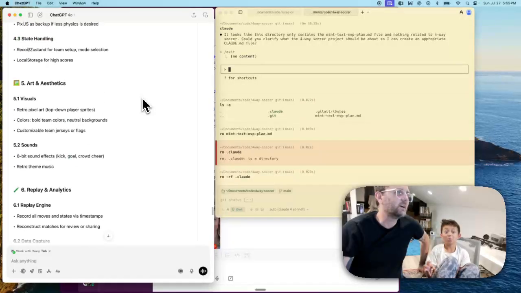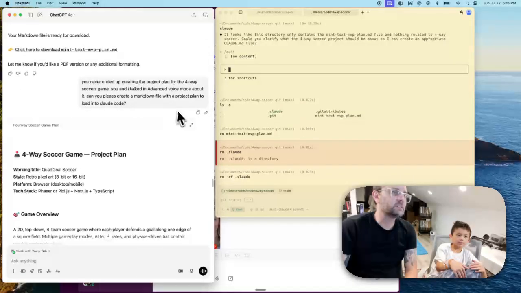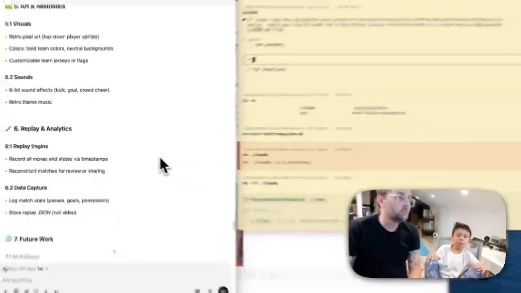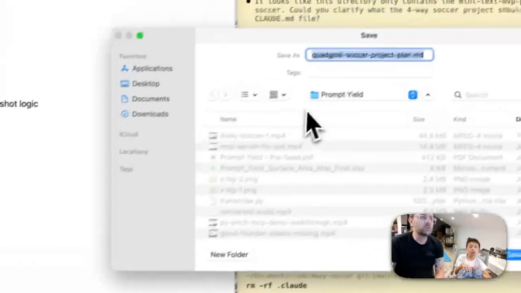Here's our game right here, JJ. I'm curious if it's going to give us what's called markdown. I asked for it, and it doesn't look like it necessarily did. So I'm going to copy it anyway. But if it did... Okay, here it is. It did download it. Let's go ahead and put it in